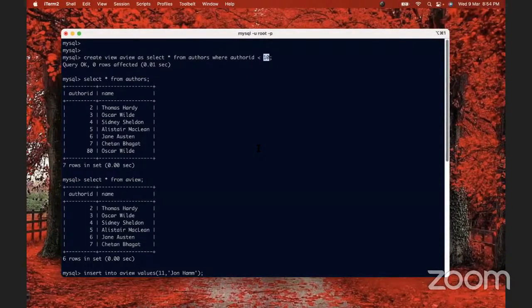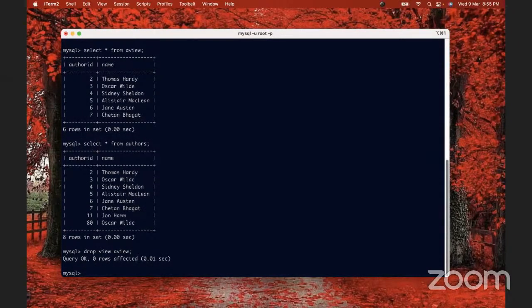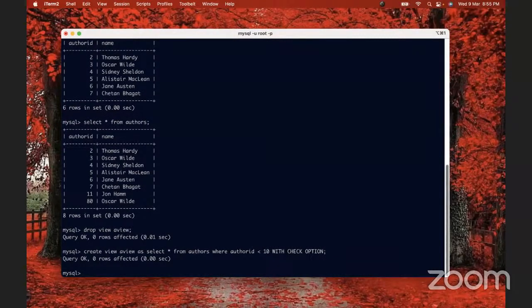So how do you do that? When you're creating the view, you specify what is known as the with check option. Let me drop this view, right? I'll drop view a view, and then I will recreate it. I will use the same command to create, right? Only thing is I will also specify with check option, right? So now if I try to insert something which violates this condition, I will not be allowed to insert,